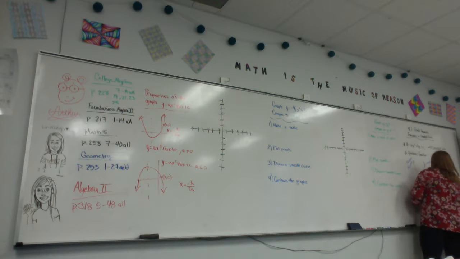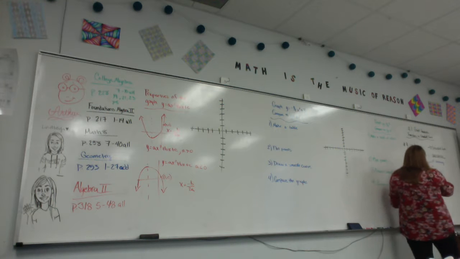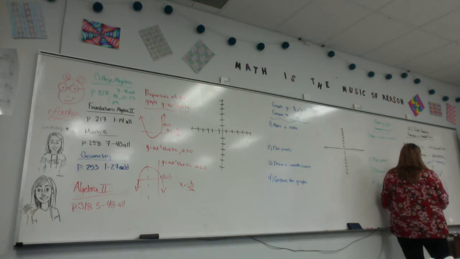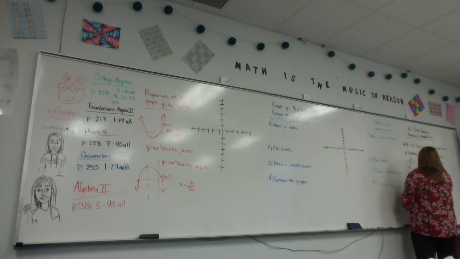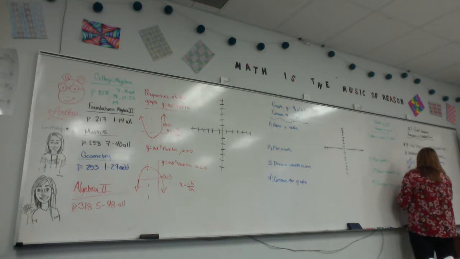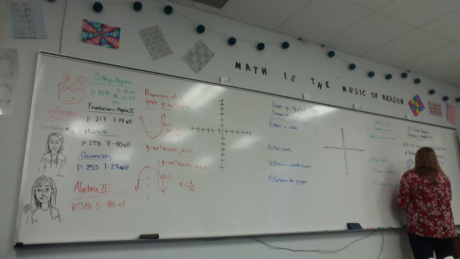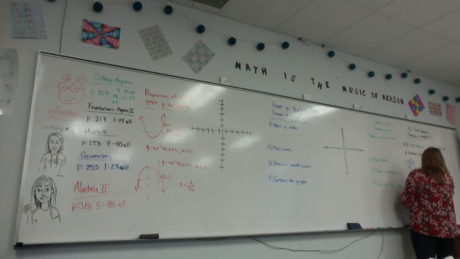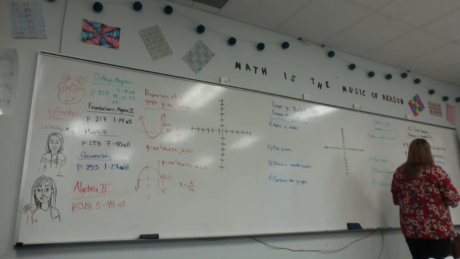If I plug in a -2, what do I get out? I get a 4. Negatives. Cool. Okay, so what it's doing is, I start with this vertex of 0, 0, because when I plug in 0, I get a 0 out. That's my vertex. It's my turning point. And when I plug in a 1, I get a 1 out. It mirrors itself. Okay? 2 goes to 4, -2 to 4, and it's mirroring itself through what we call the